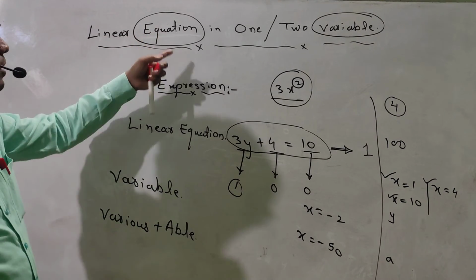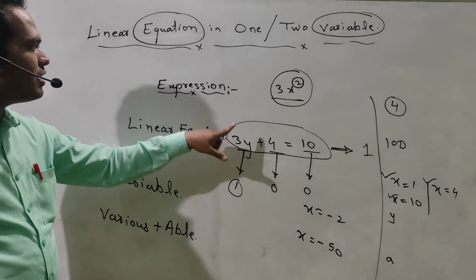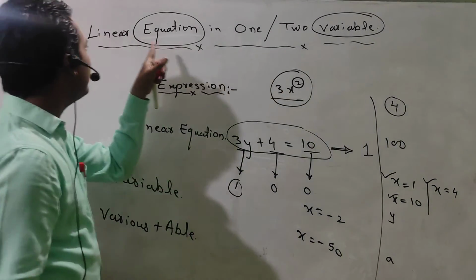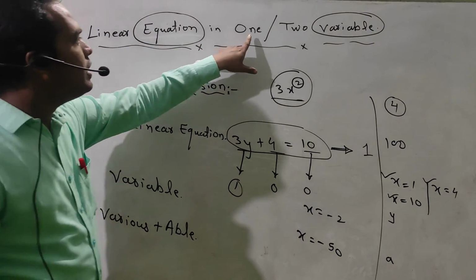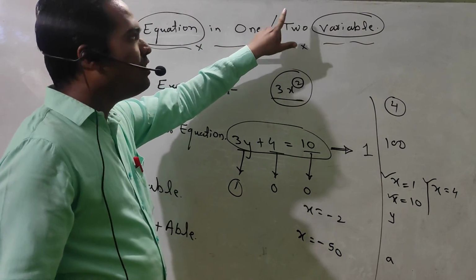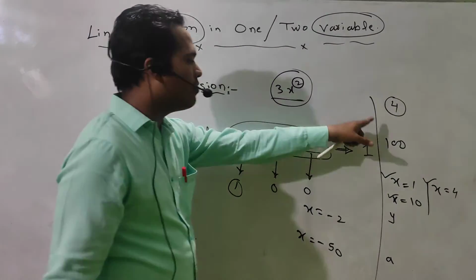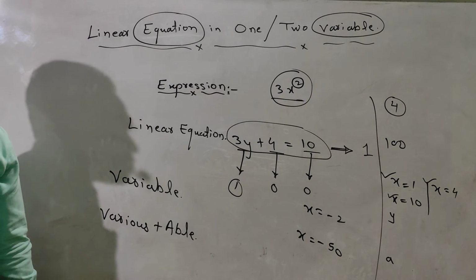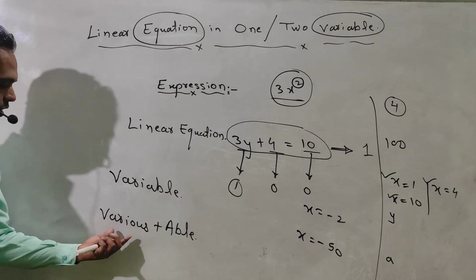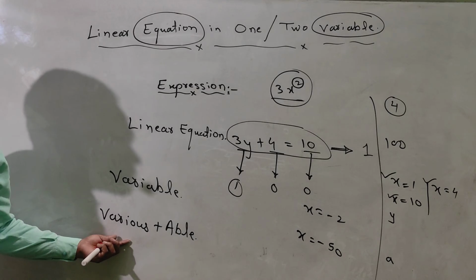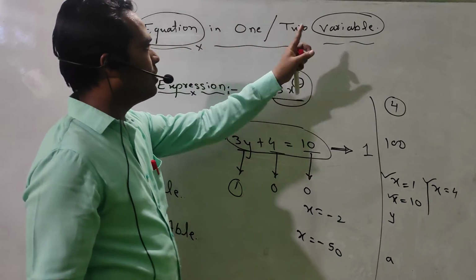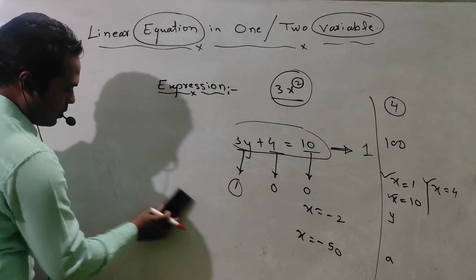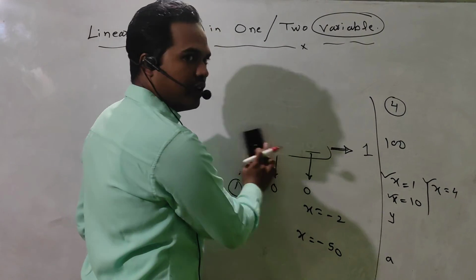So, linear equation we have seen here: a mathematical expression or equation having degree 1 is known as a linear equation. 1 means 1, 2 means 2, and variable means these alphabets x, y, a, b, c, d, whose value can be anything or whose values will be various. Then it is known as a linear equation in 1 or 2 variables. I will write an example of both of these types. See here, linear equation